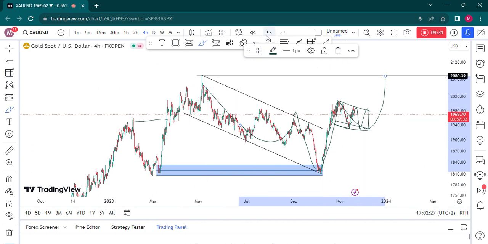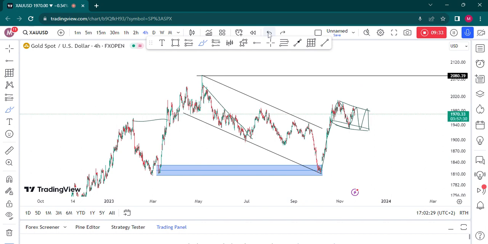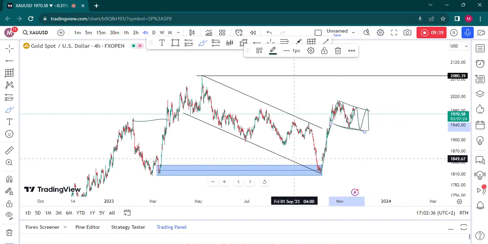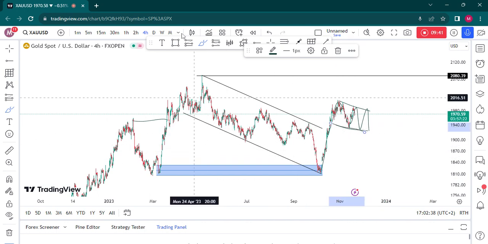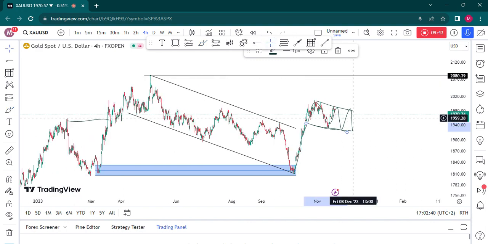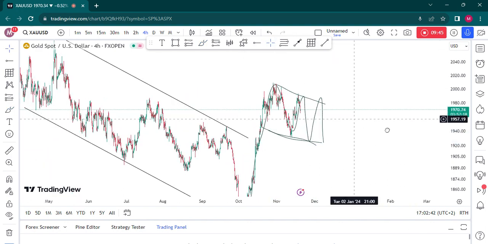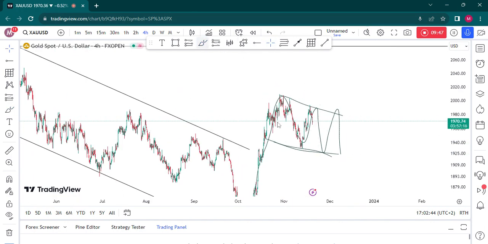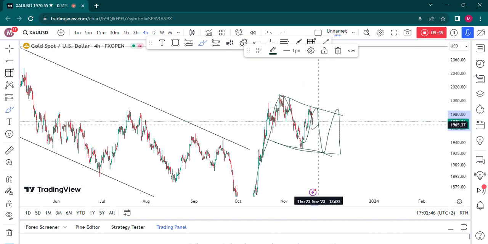But remember that we're going to take the entries on a smaller time frame. Right now we're on a 4 hour time frame. So how are we going to be taking the entries, guys? It's possible that we might get some. Now, what are those types of entries? Those are patterns within patterns. It's still possible that the price might create a nice